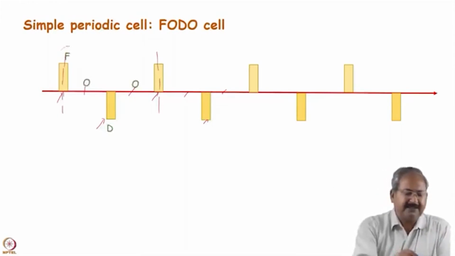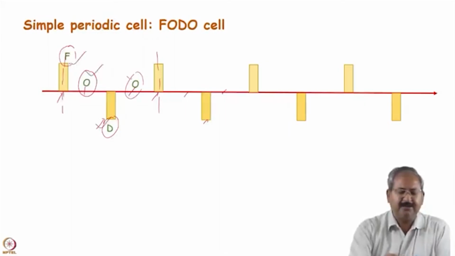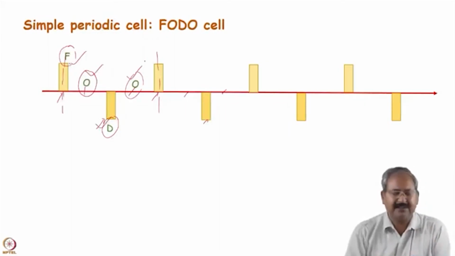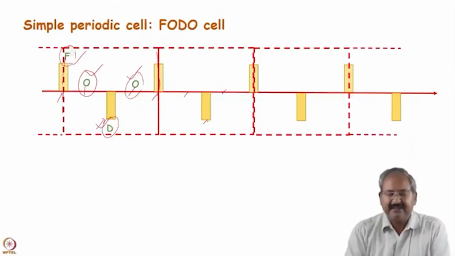Here it is the focusing quadrupole, so F, this is drift space, means open space, you can say O. This is again a defocusing quadrupole, so you can say this is D, and again open space O. So this kind of optics is F, O, D, O, FODO optics. So this cell is FODO cell. And now you can see that in this figure there is a repetition of 4 such cells,